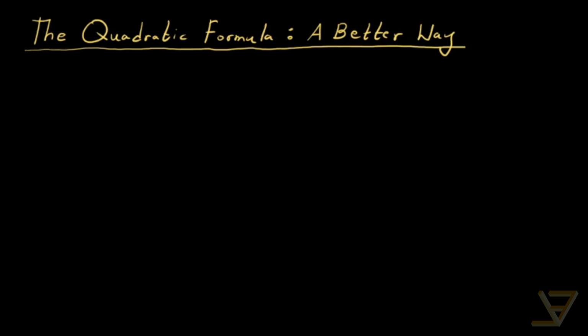Hi everyone, let's talk about the quadratic formula. What I'm going to do is show you the usual way of proving the quadratic formula, and then afterwards I want to show you a better way of proving it that avoids some of the casework. But both methods will boil down to a method called completing the square,